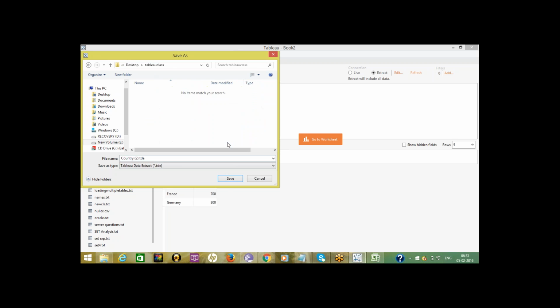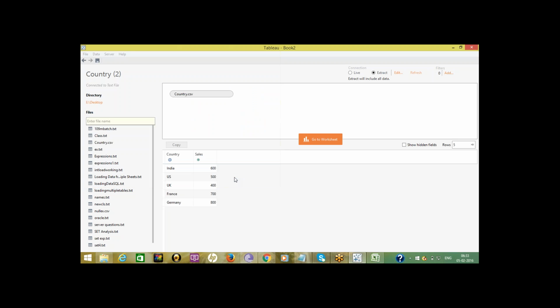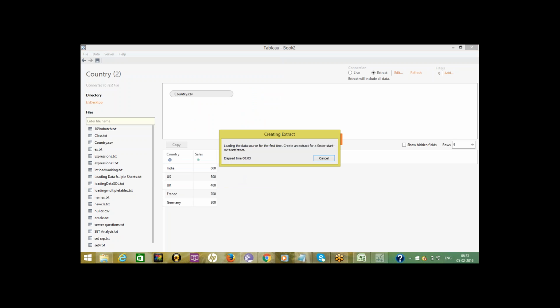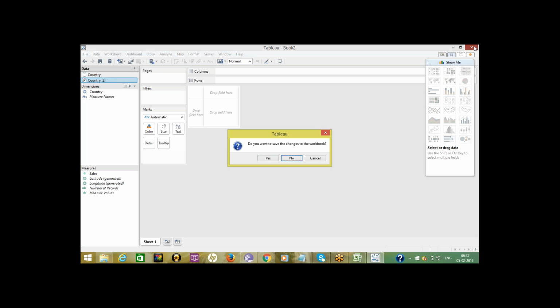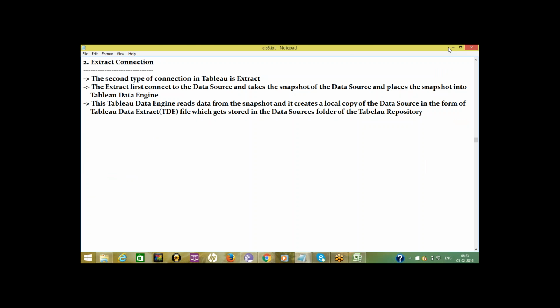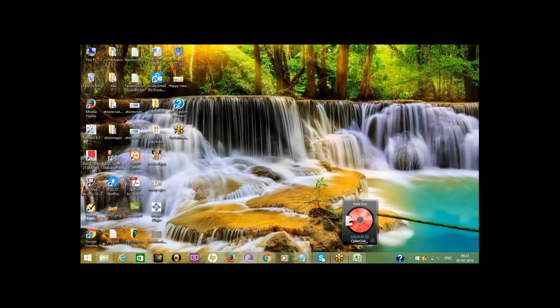Now I want to store some Tableau class. I have created a TDE file. Next I'll open Tableau again.